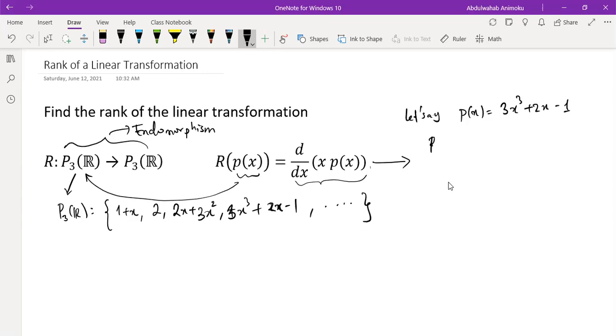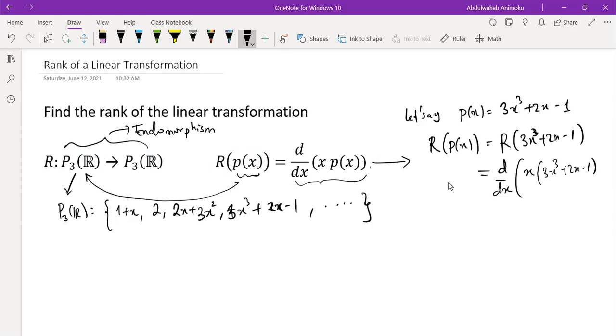Now, what this transformation does to this vector is, according to the transformation, it is going to take the derivative d/dx of x multiplied by this vector. This is what it does. So that is the derivative of 3x^4 + 2x^2 - x, right? And what would this give us? Derivative of this, as you know,